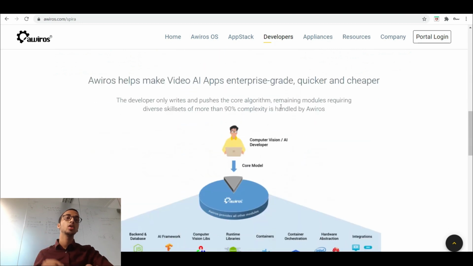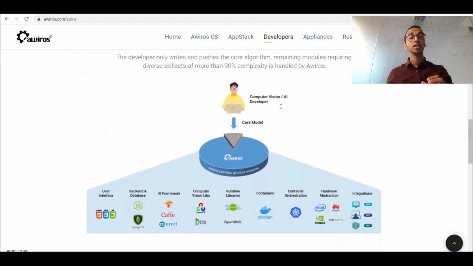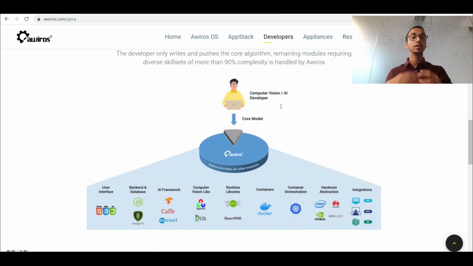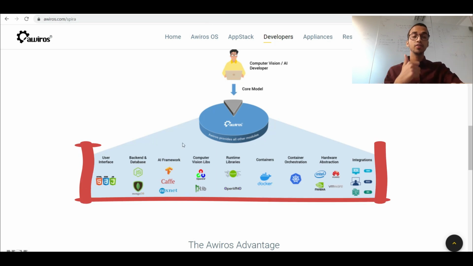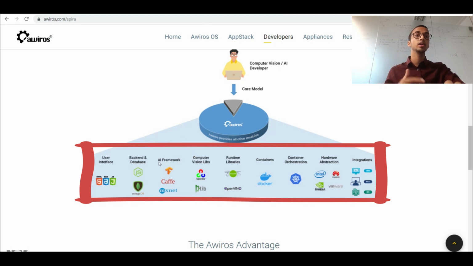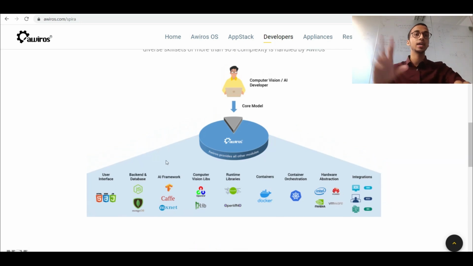But in short, all you have to do as an AI developer is to bring the core model or the AI algorithm that you have built, and the rest of the part of taking that application into the market, which involves creating a user interface for it, managing the backend for it, containerizing that application and scaling it up on many servers, all of that is taken care of by Averroes. This diagram represents very clearly what an AI developer does and what all parts Averroes takes care of.